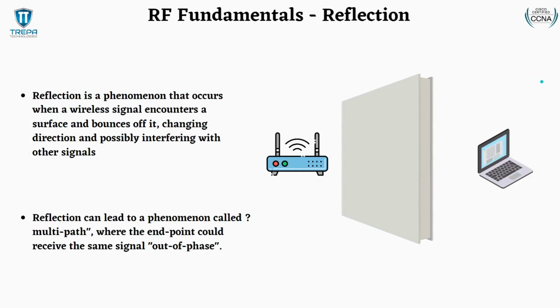And then reflection. So reflection is a phenomenon where a wireless signal gets sent, it hits a roadblock, and then bounces out, but then continues its journey, right? Propagating out. And then this computer, let's say it tries to connect to both these signals, and then it becomes out of phase. So not the phase shift keying we were talking about earlier, actually comes out of phase. It won't be able to actually receive that signal and make communication. So reflection is something we have to worry about in today's modern networks,